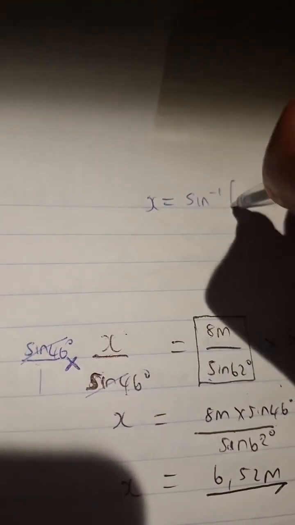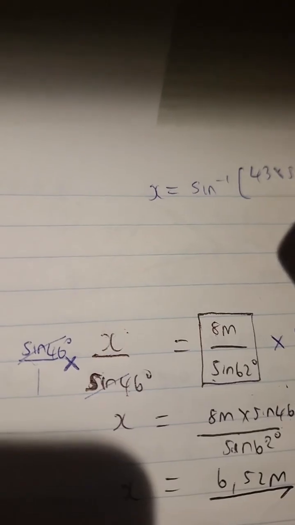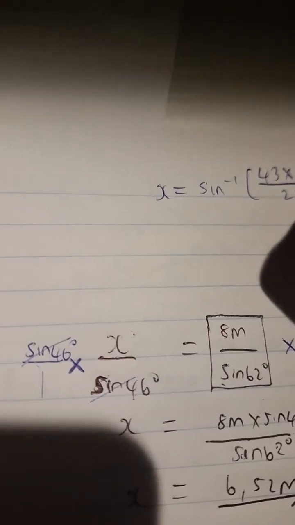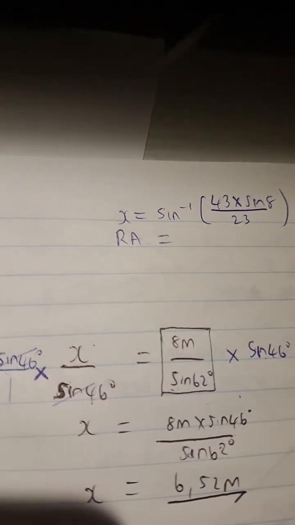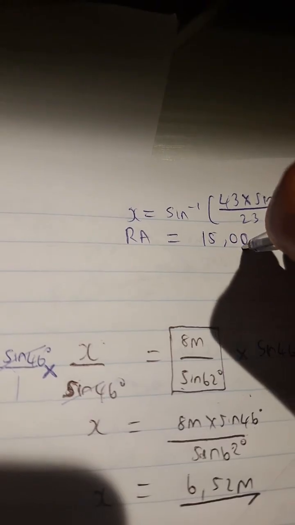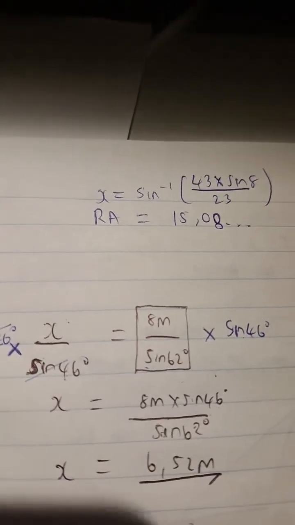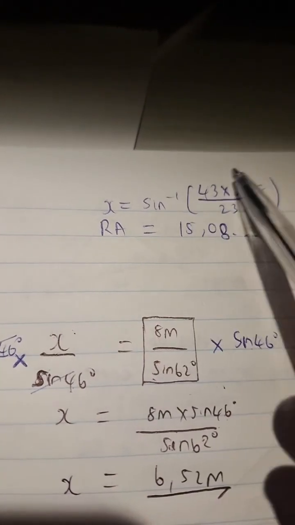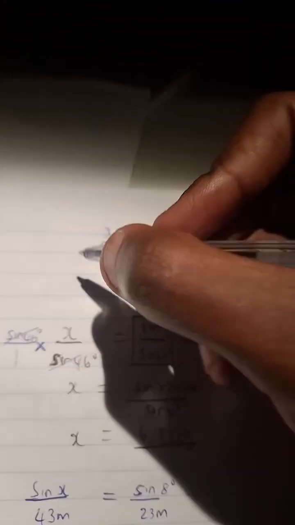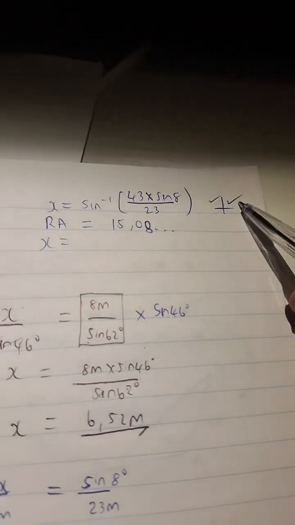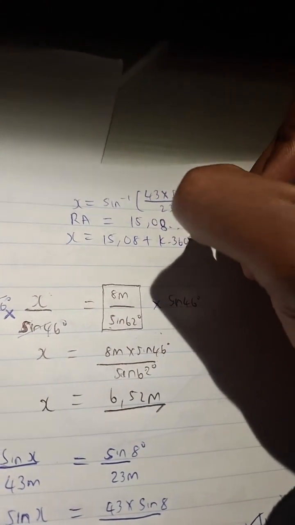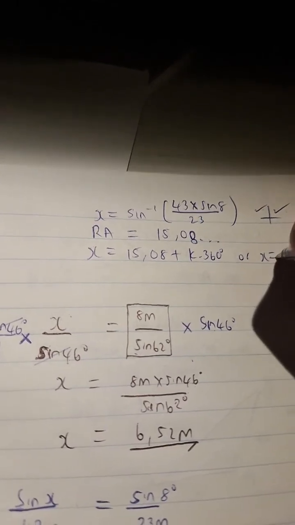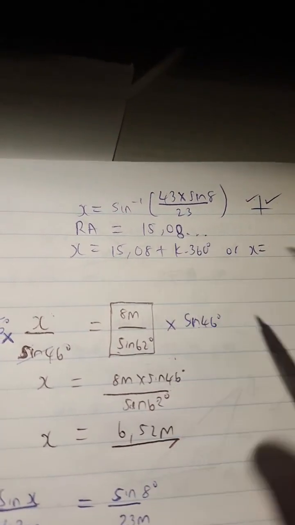So if we go back to where I said the sine inverse of 43 times sine of 8 over 23 degrees, we would say that is our reference angle. So we'll get a reference angle of 15,08. After getting the arc sine of this entire thing, we get our reference angle, which is 15,08. Then we'd say x is equal to... sine is positive in two quadrants, the first quadrant and the second quadrant. So we'd write 15,08 plus k360. Or we can say x is equal to 180 minus the reference angle, which will give us